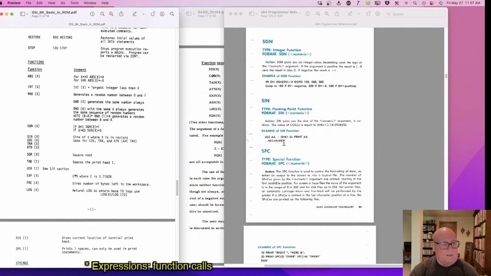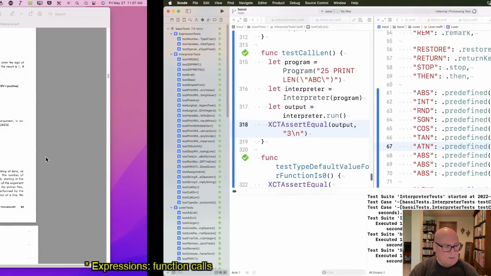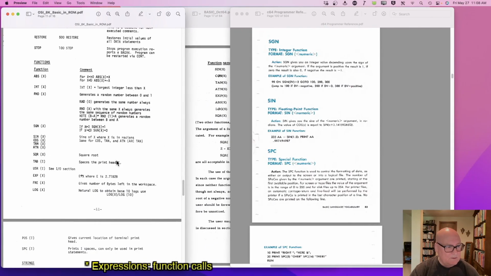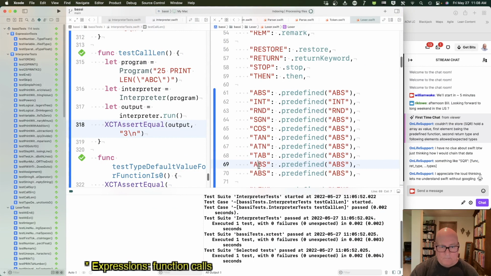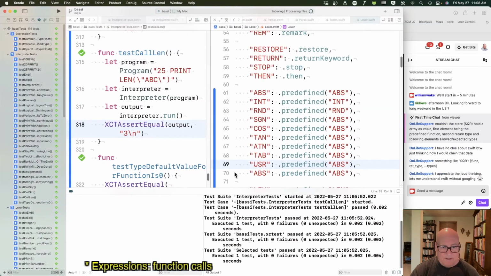Trying to think if I've ever written a program using arctangent. I kind of doubt it. Square root. Tab is funny. We'll deal with these. User is letting you put assembly code in. We're not going to support that one. EXP,